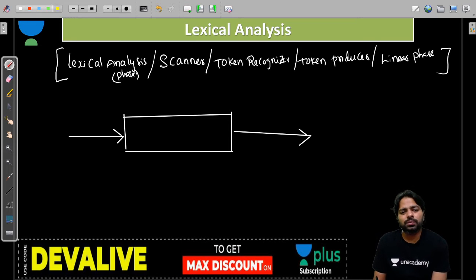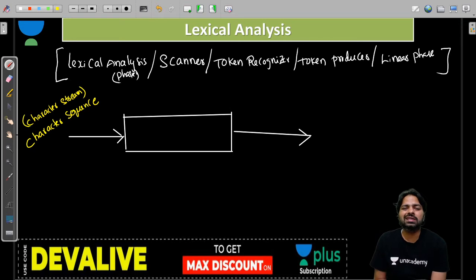This is your lexical analysis. You have a program here. We assume only characters are there, a character sequence, that's all. We call it a character stream. The whole program is treated as just characters. It doesn't know keywords are there right now, but it will identify them. This lexical analysis